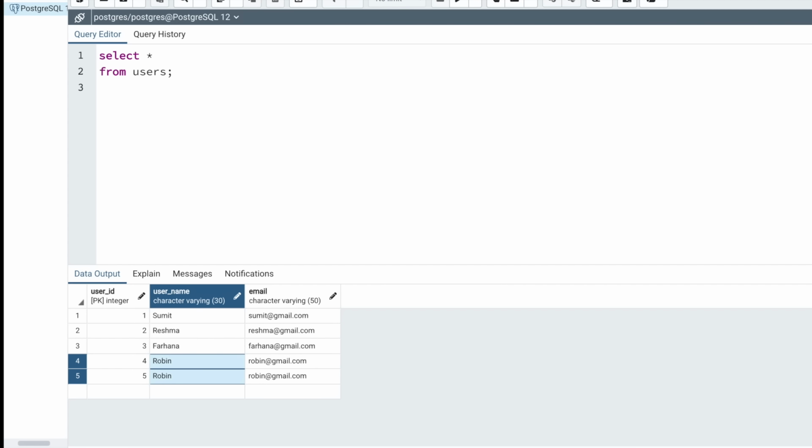So I have my table, select star from users. Let me just write my window function. Since I want to find the row number, I'm going to use the function row number. Row number does not have any arguments, and then I need to use the over clause because whenever I'm using a window function, the over clause is mandatory. Inside my over clause, I need to partition the data based on username. So I'm just going to say partition by username. Also, let me order the data based on user ID, so I'm just going to say order by user ID, and I'm going to name this column something like RN, which stands for row number.